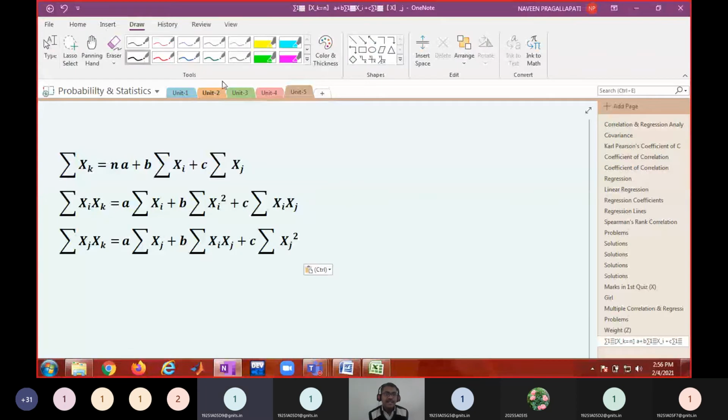So the least squares regression equation, for z on x and y,